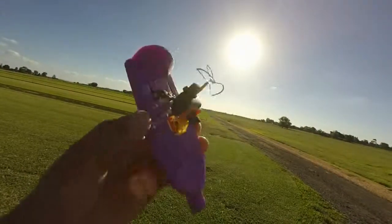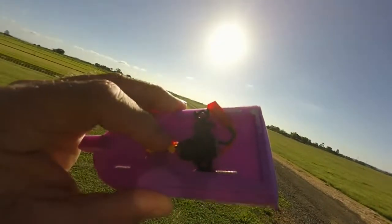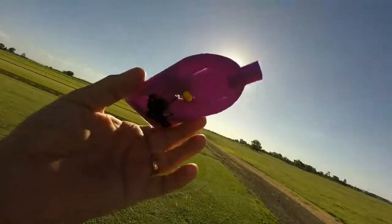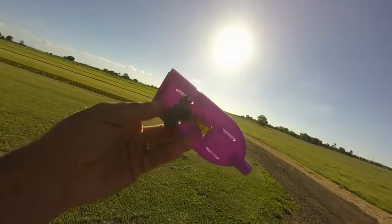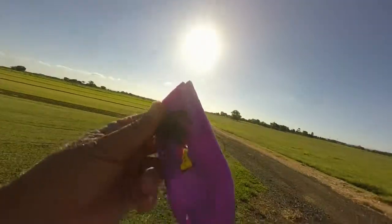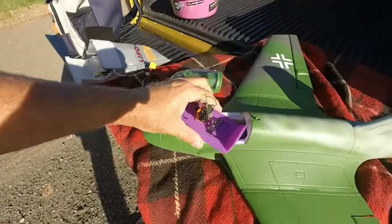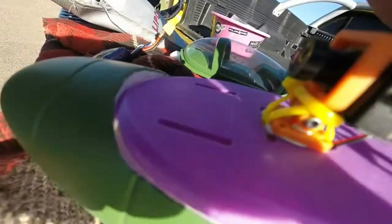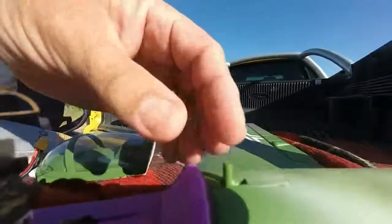Need some holes. I put a hole in the center there so I could mount the battery underneath and run the wiring up through there, but I don't know whether that's going to impinge on the actual battery that's inside. So when it's all said and done, you can see there how it's just a little bit too wide, and in there